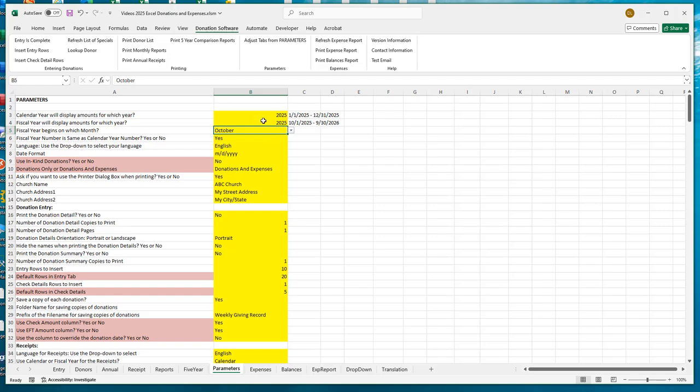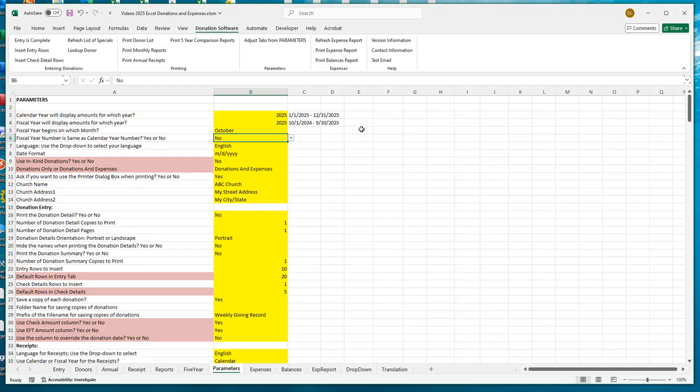Is that where the year begins in 2025 or where the year ends in 2025? It ends in 2025 and the majority of the months are in that year. So we just need a way to define when you say fiscal 2025, what does that mean? So the next question here is just simply the fiscal year number 2025. Is that the same as my calendar year, which means it begins in October of 2025? And if I say no to that,